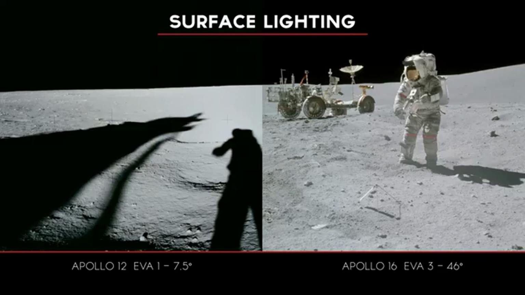Apollo 12 EVA-1 was down sun, with the sun at 7.5 degrees. If you're looking directly down sun, you don't see much, but if you look to the right or to the left, you can see quite a bit, and that's what I mean about having to tack back and forth around the sun. If you want to make sure you don't drive into something exciting, you're going to have to be careful